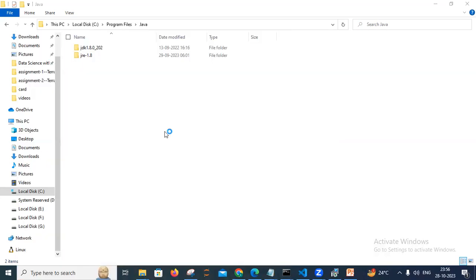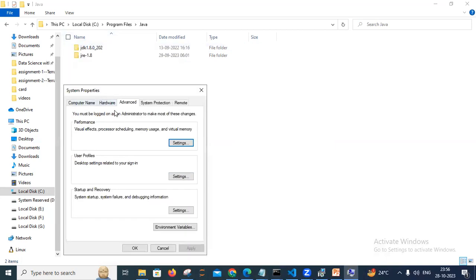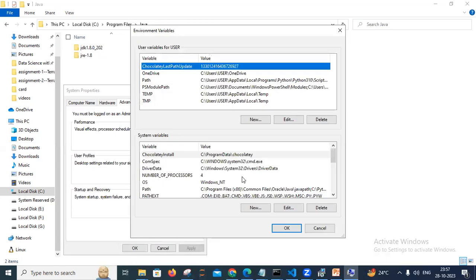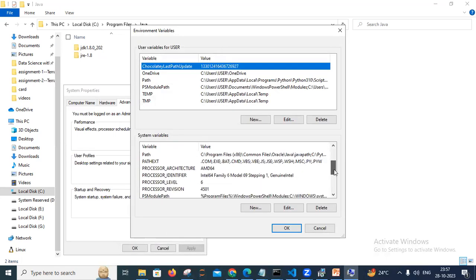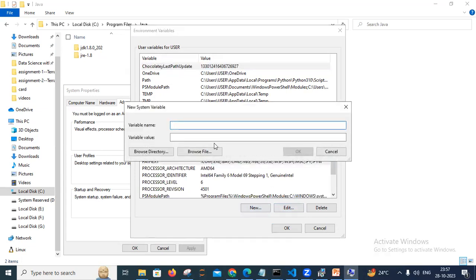Open the control panel and go to the advanced and click on environment variables, and here you have to add, like click on new, and then you have to add Java home there,